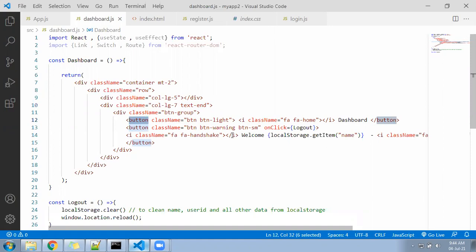If you add the handshake icon, it will come on the right side.